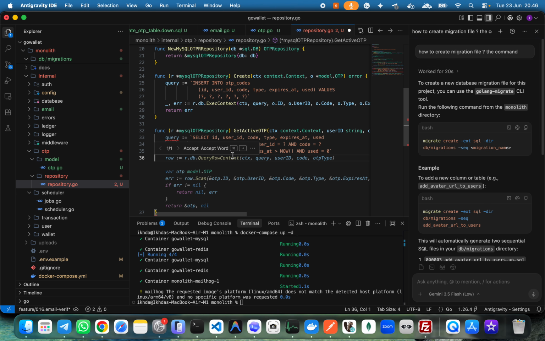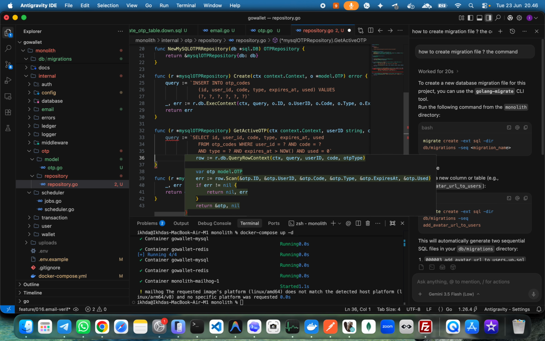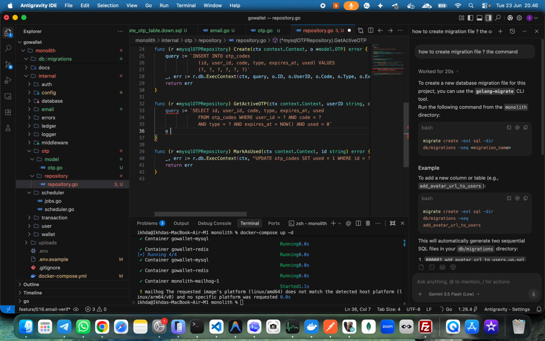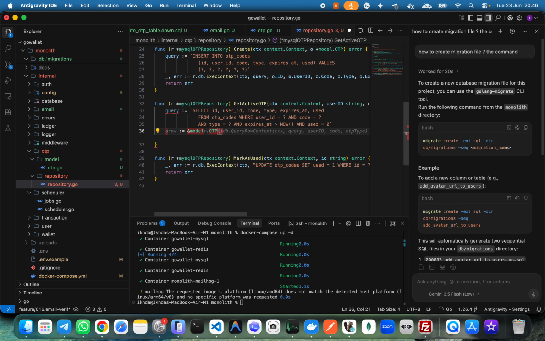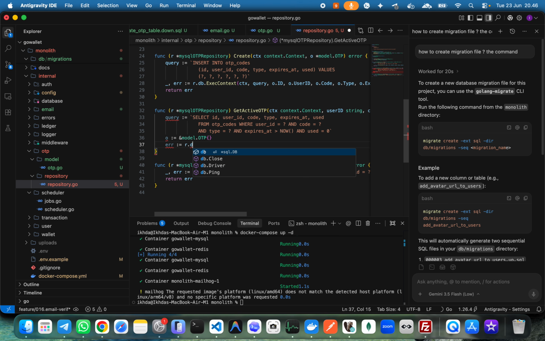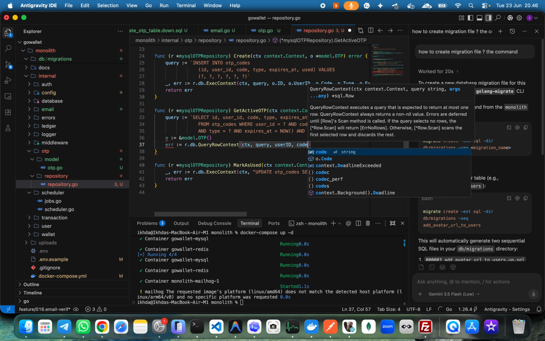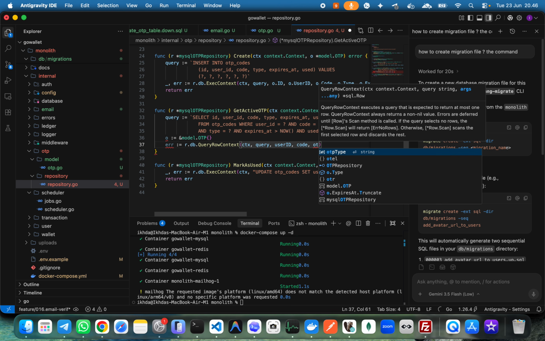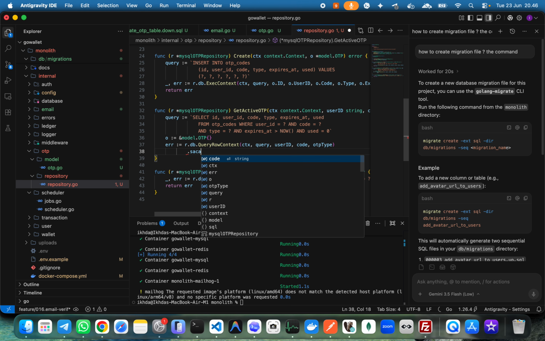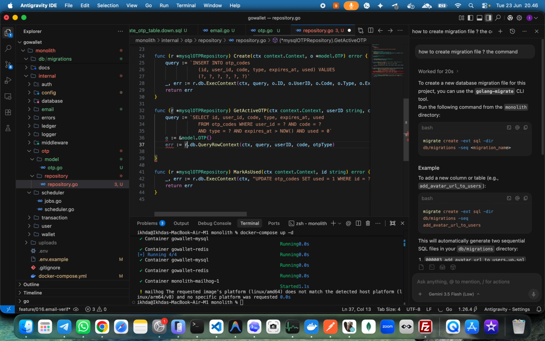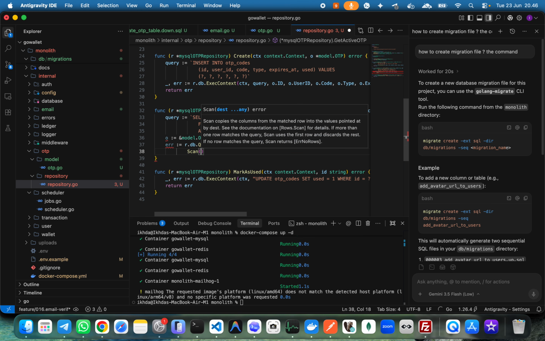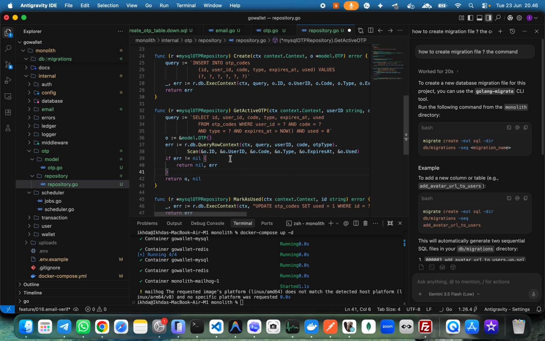Okay, I think this one should be okay, and I create here variable, wait, o equal to model.OTP and error, r.db.QueryRowContext, ctx, query, user ID, code, OTP type, and then scan, and here scan o.ID, user ID, o.code, type, expires at and used,